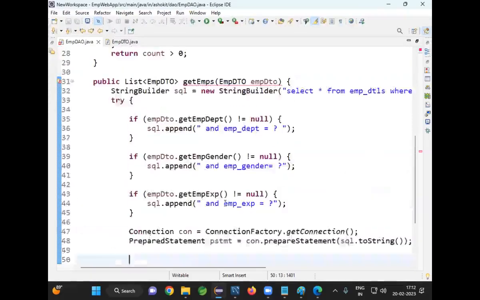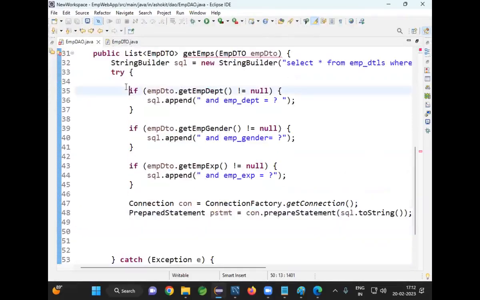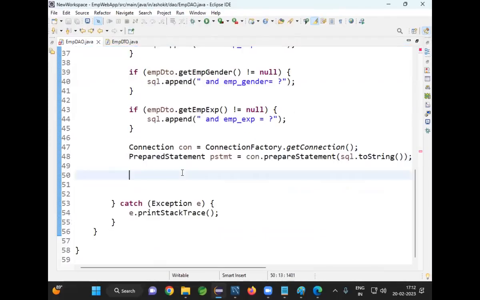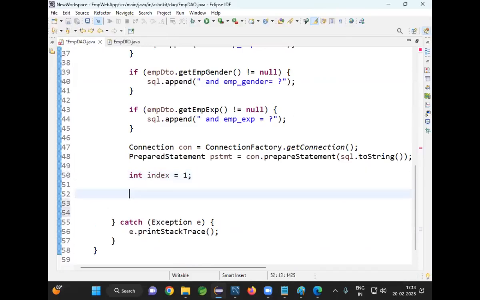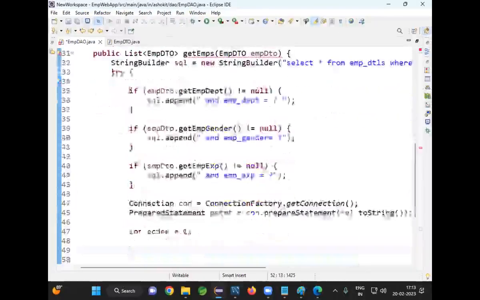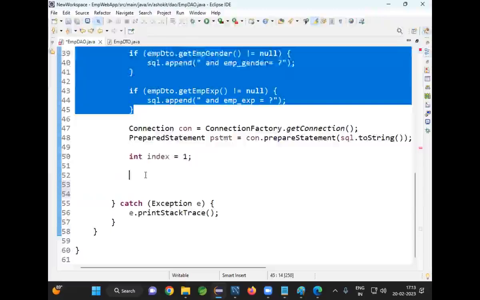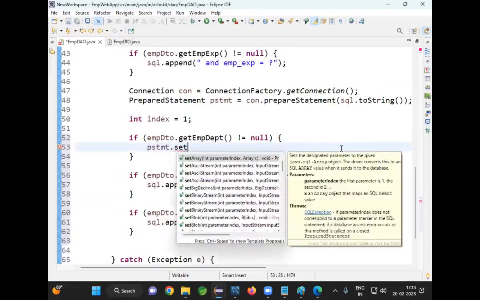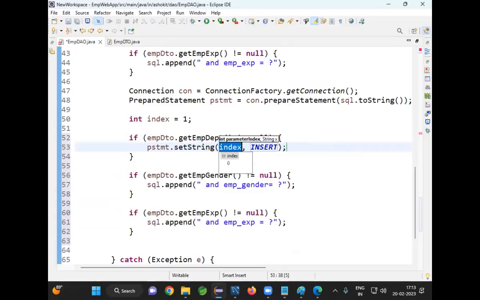So index is equal to 1 depends upon the value that I have. Here I am going to take int index is equal to 1. Again I need to write these conditions here. pstmt dot set string of index. I can't hard code this. Index. So empDTO